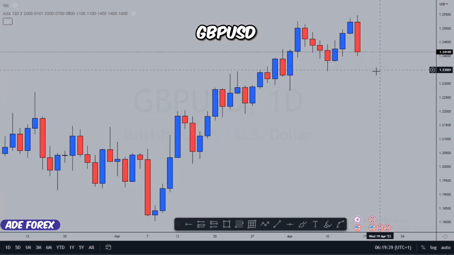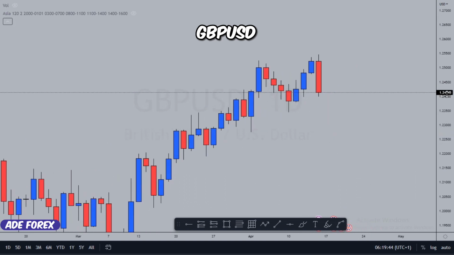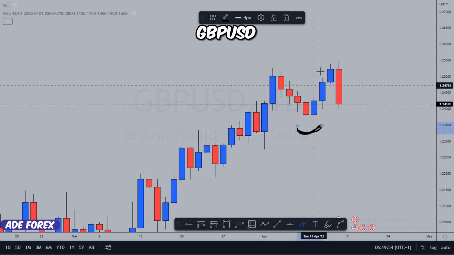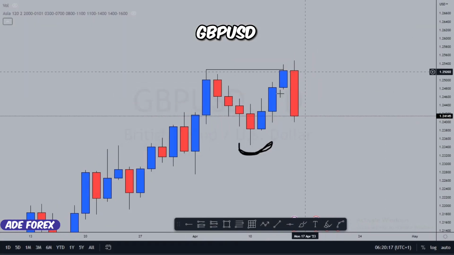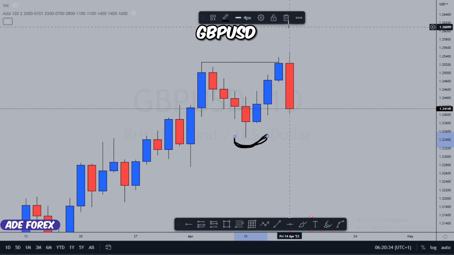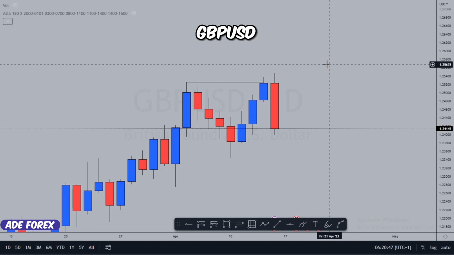Now, as we can see on the daily time frame, following market structure, guys, market structure is very, very key. We need to understand that, right? I believe you all understand market structure. So we can see that this is our strong low and this is our weak high. So it's easier for the market to break this high than break this low. And why is that? Because we're in an uptrend. The market structure is telling us bullish, so we should be expecting the market to break the weak high rather than the strong low. But eventually, if the market breaks this strong low, then there's a shift, a change in market structure, right?